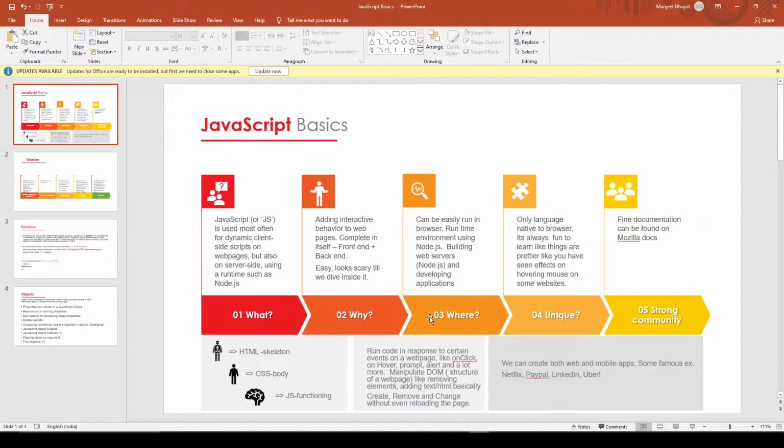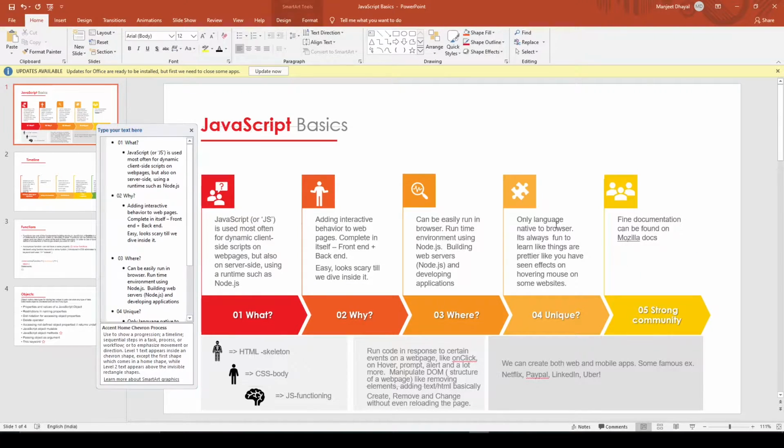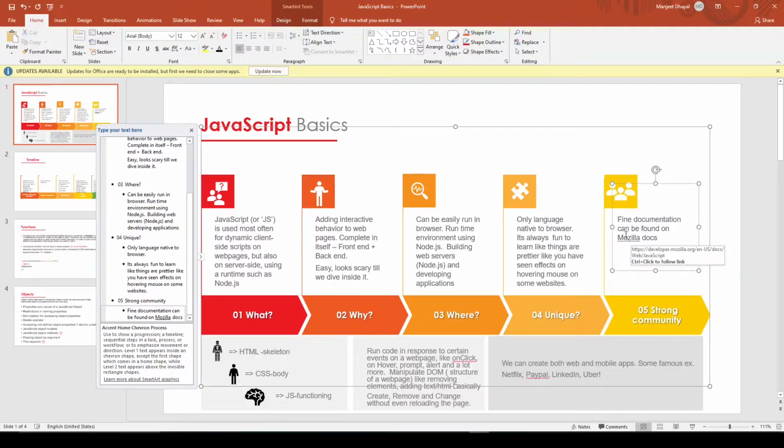The second intriguing thing about JavaScript is its strong community. JavaScript has a very strong community, and large companies like Google and Facebook have also invested in it. The documentation of JavaScript is very nice, and the best example is the Mozilla documentation. Let me show you.